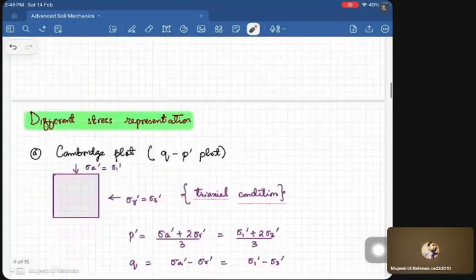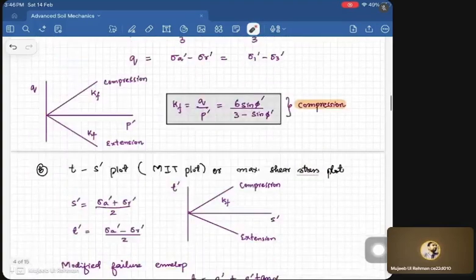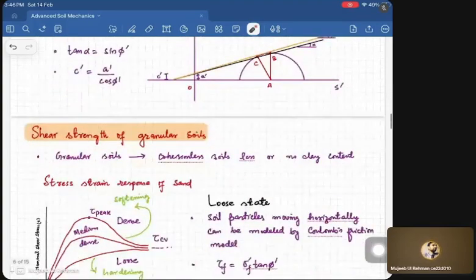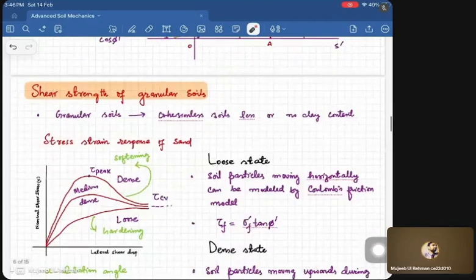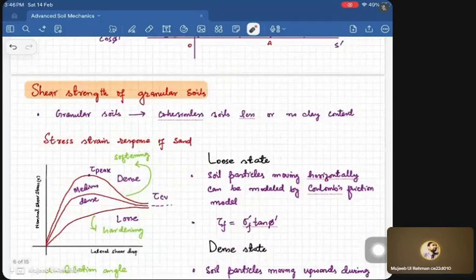After that, how we are representing the stress state. It can be either by Cambridge plot or the MIT plot, and then the shear strength of granular soils, the shear strain response of sand, how the behavior of loose state is different from the dense state, and after that